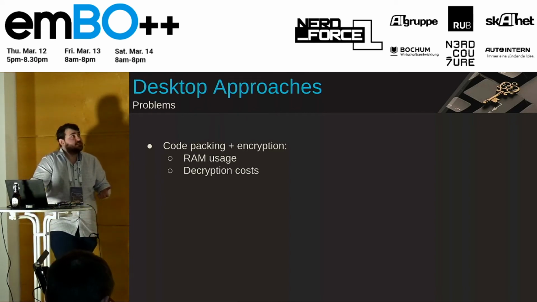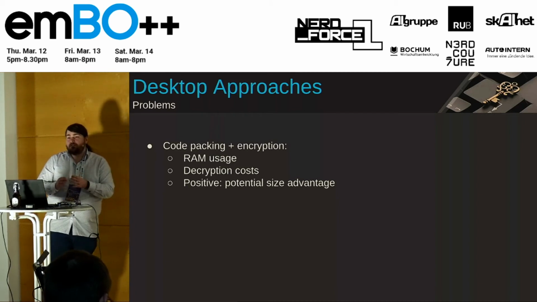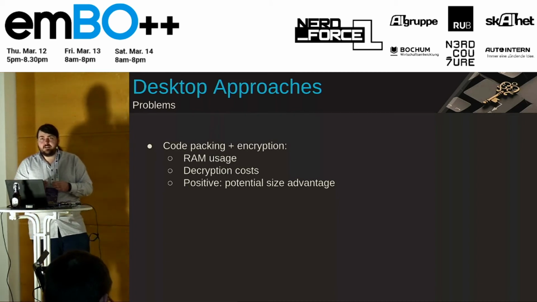The decryption function itself, if it's cryptographically secure, might be too slow for your device. But there's also a potential advantage. If you use the right packer, it might actually reduce the size of your code. And if you have some RAM to spare, it might be advantageous to just store it packed in ROM and